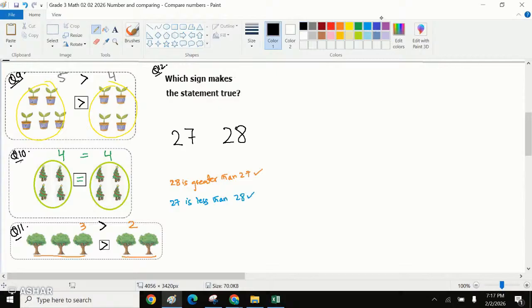So when we need to put the sign, what we do is the lesser value has the closed end and the greater value would always have the open side, right? This sign is known as inequality. Okay, let's see. For the next question, question number 13, they're asking us, we have the numbers